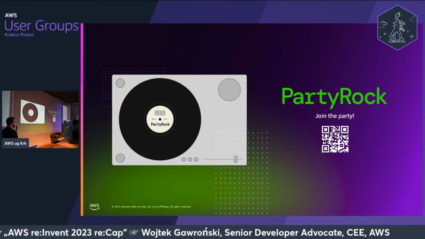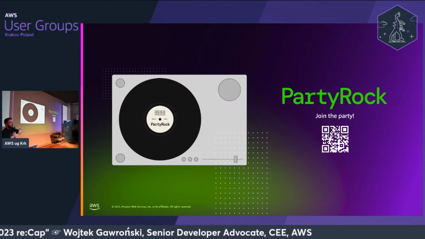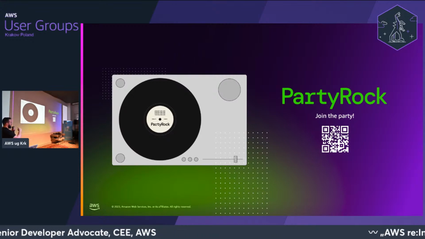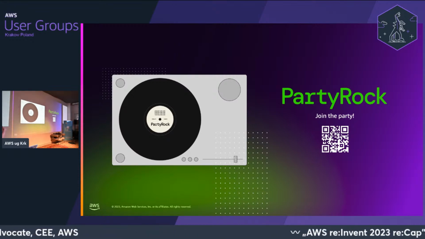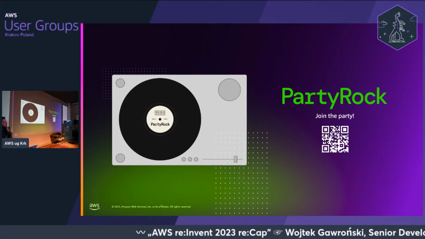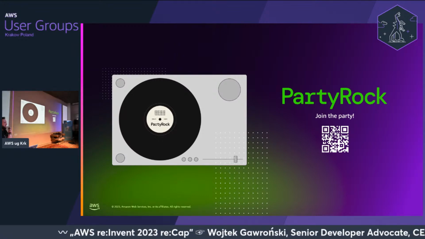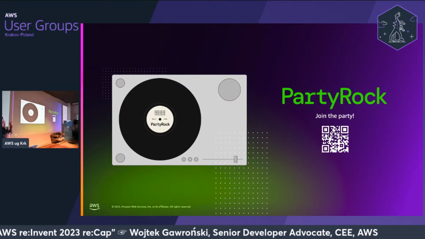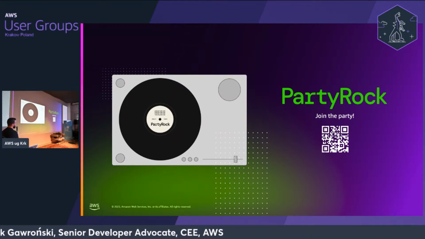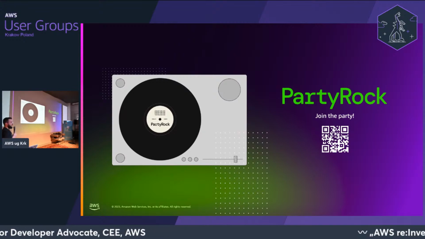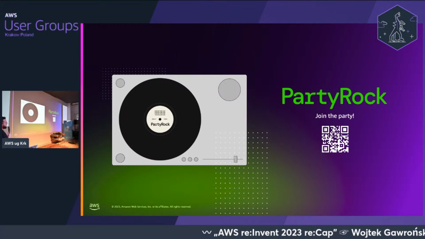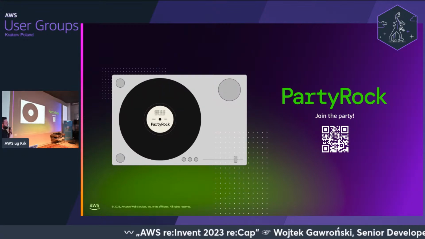People generated stuff like haiku generators, podcast topic generators, but at the same time, I generated something that prepares for me, as a result, a full fitness meal plan for the whole week, after I provide all the preferences, calorie limits, and so on. So go check it out. This is a pretty interesting app to start experimenting with generative AI, and with Bedrock underneath, because it's powered by Bedrock. So this will be a first entry point.